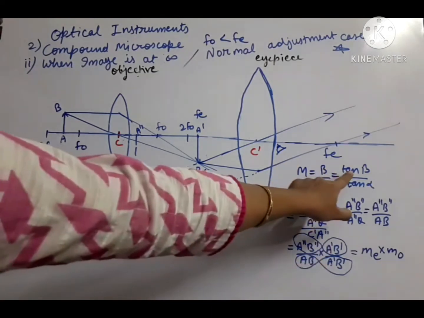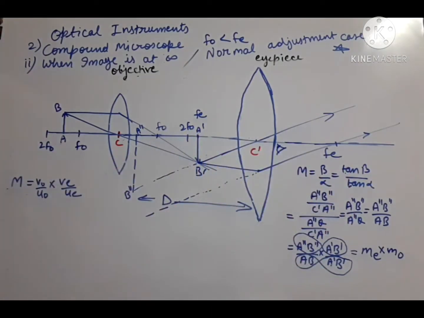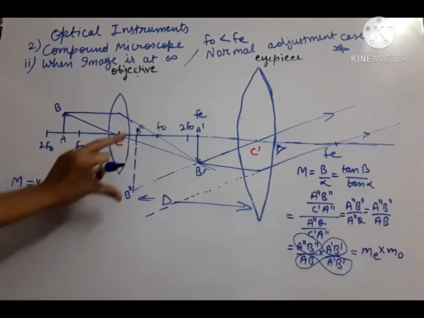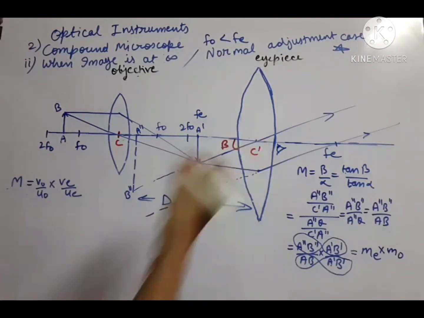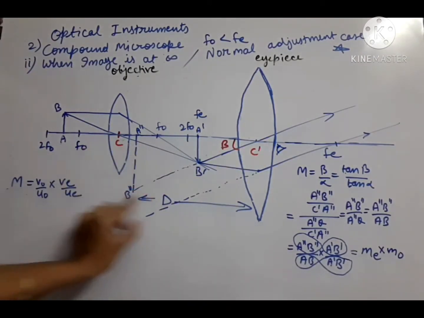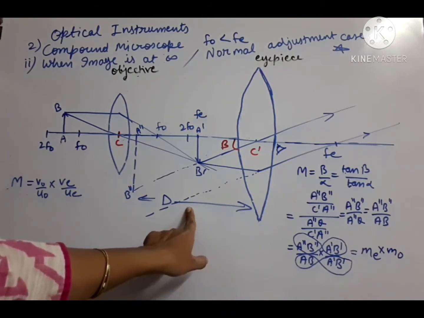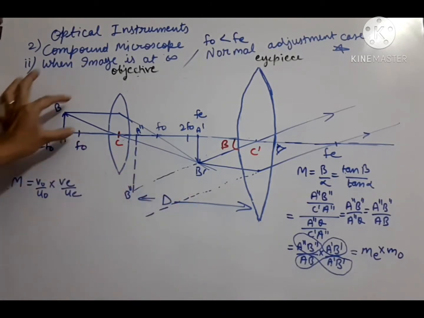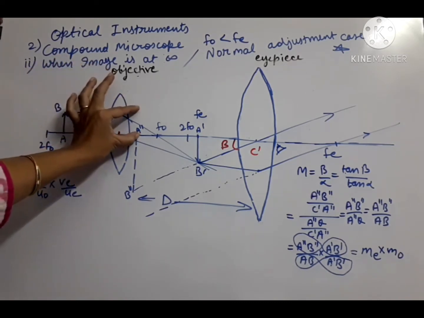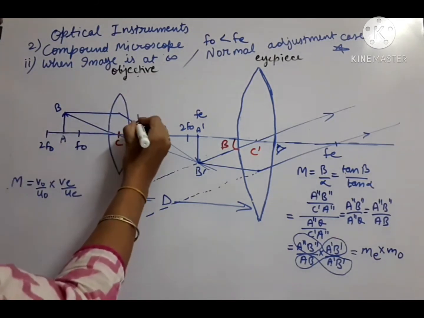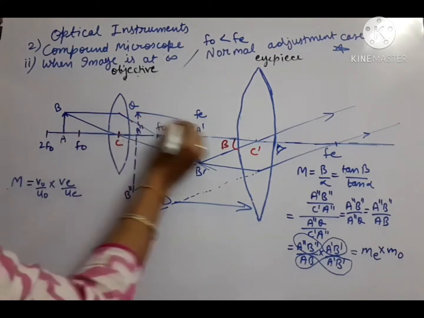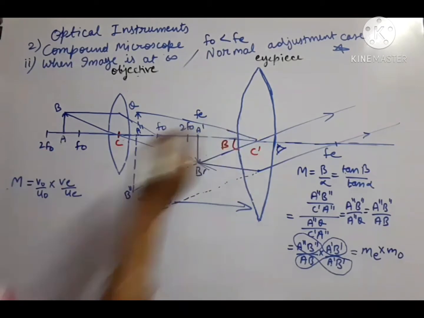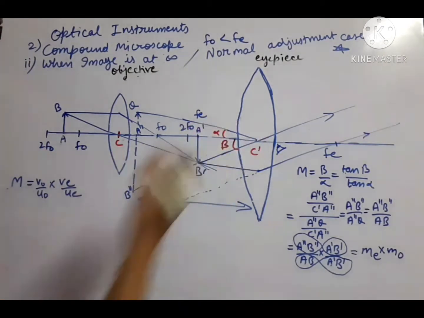So first of all we need to show beta and alpha here. What is beta? Beta is the angle formed by the image at the I position, meaning the C dash position. So this is our beta angle, and we know that the object is not present at D distance. We have to bring the object also at D distance from I. So we need to take a substitute of this object here. Because the object is above the principal axis, its substitute will also be formed above. So we took its substitute and named it A double dash Q. How much angle is it making at C? That angle we call alpha, in the same manner.